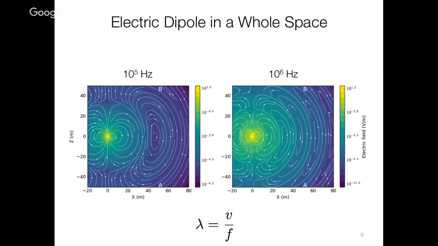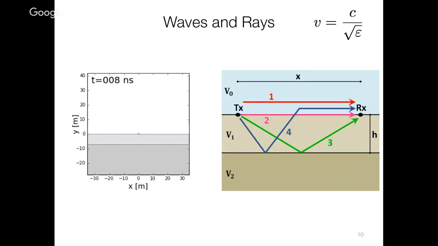And if you go to 10 to the 6 hertz, so a megahertz, now you start to see the complexity of that electric field that's going through. And you can actually, just on the screen, look at, okay, what's the wavelength between up, down, up again, and you'd find that this relationship holds. So when we're talking about GPR signals,